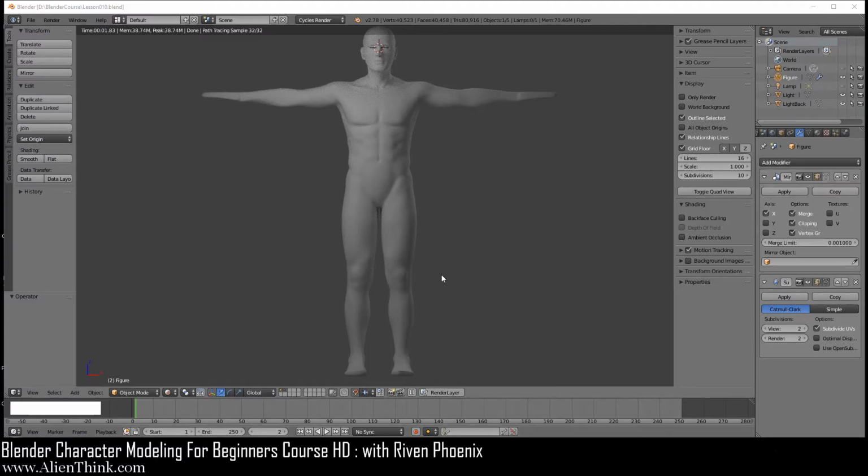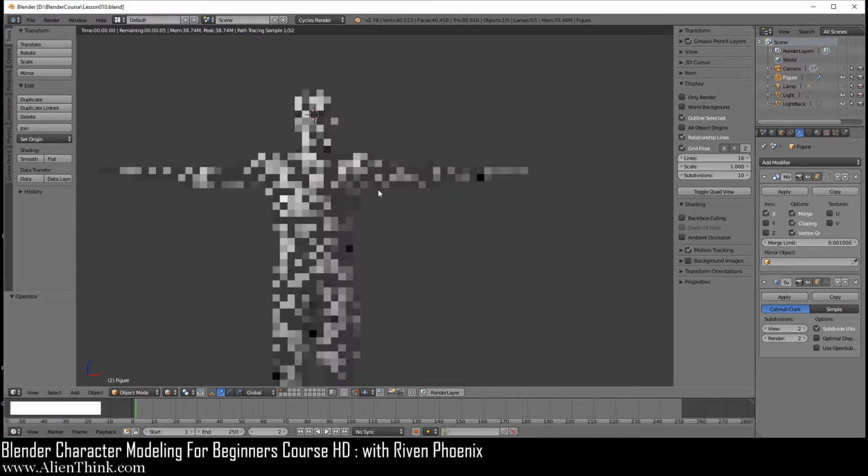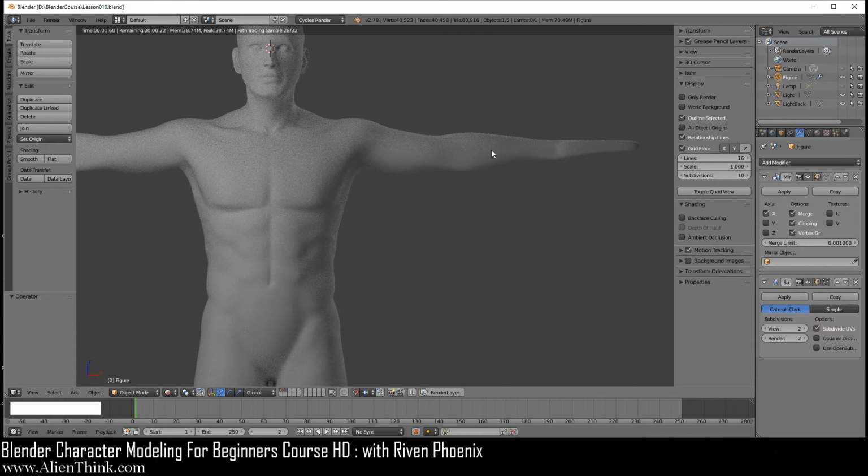Okay, so in the previous lesson, we had created the surface anatomy for the legs. So now we're going to start to move on into the area of the arms. We're going to be looking at an advanced modeling technique over here. So it's a really good idea to watch this lesson multiple times so you can understand the methodologies that I'm going to be showing you over here.